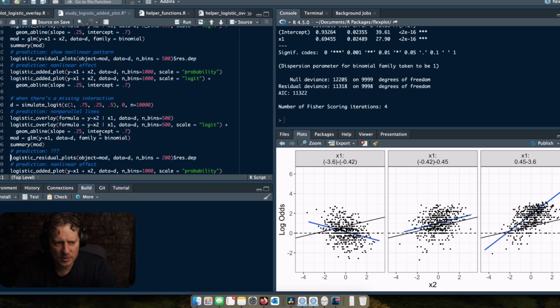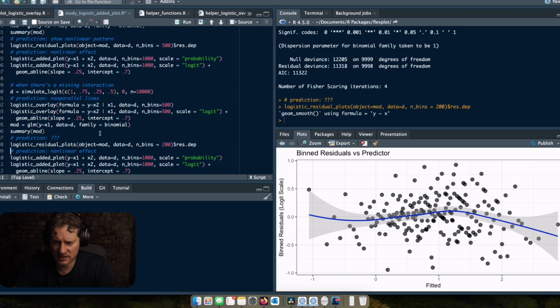And then, yeah, I didn't have a prediction here because before the logistic residual plots were showing something really weird. Now they're just showing nothing consistently. And still they're showing nothing. I mean, we see some slight bumps, but yeah, it looks like these logistic residual dependence plots are not telling us anything, which is unfortunate. All right,